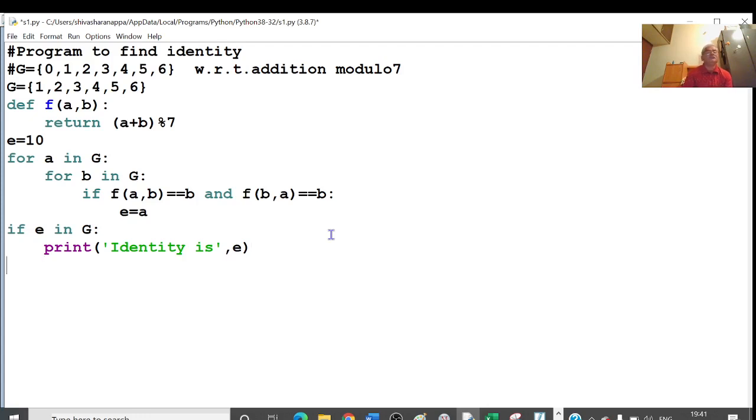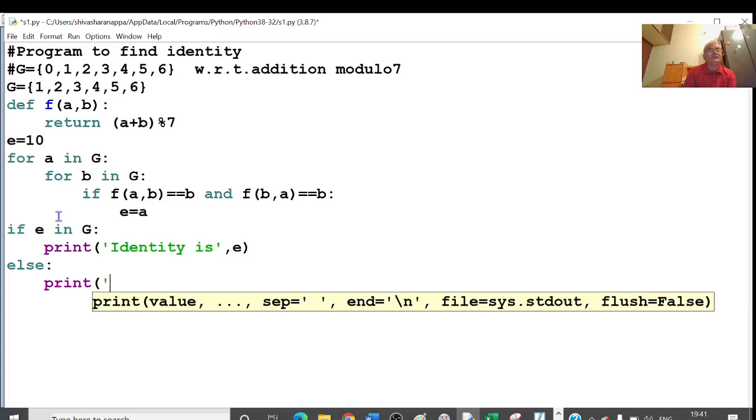Else means if E is not in G, now E has the value 10 here. So else, colon, enter, print identity does not exist. Quote close, bracket close.